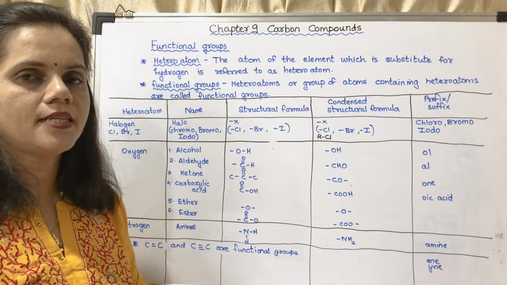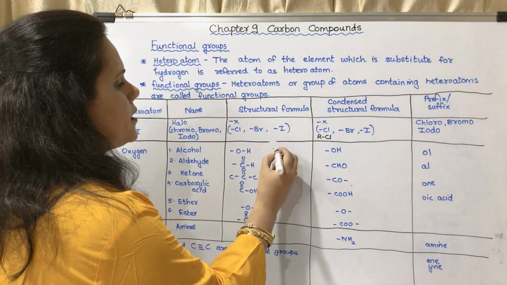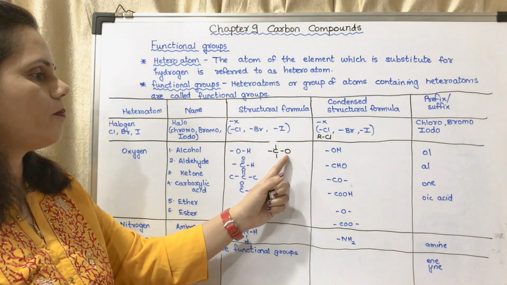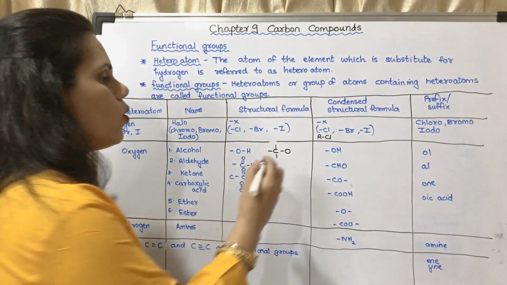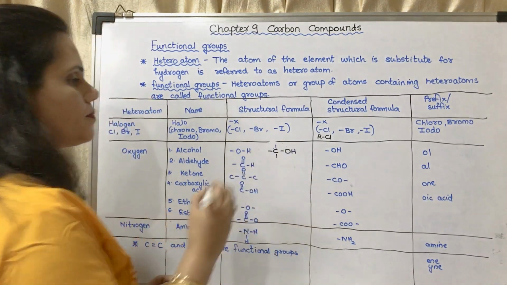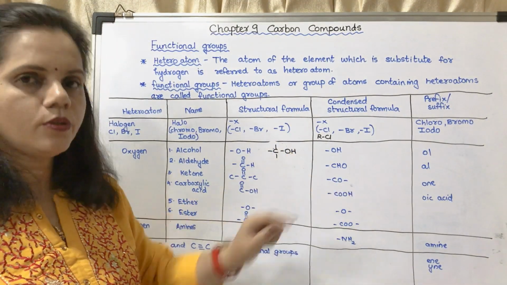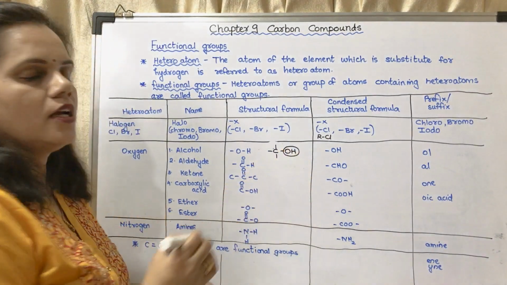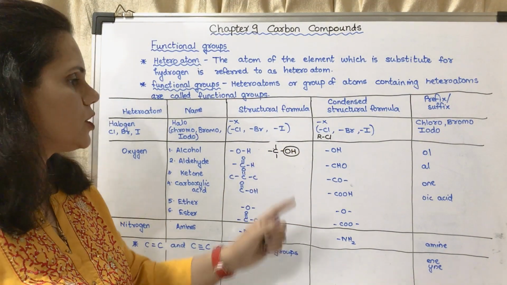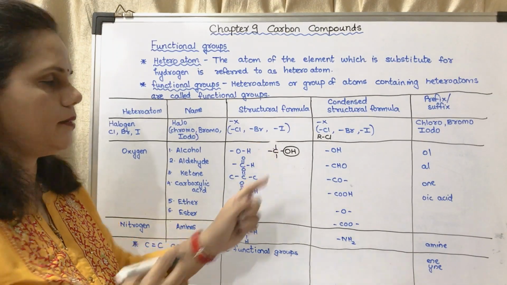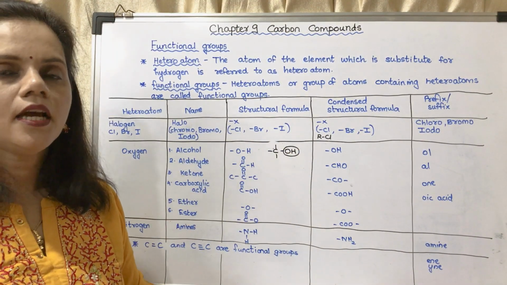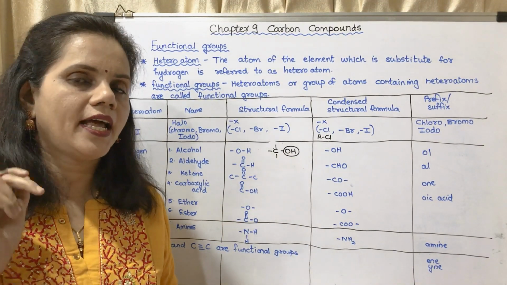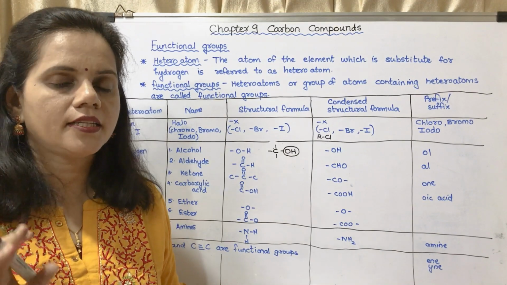Next heteroatom, that is oxygen. That means this is a carbon. On one side it is having OH. Understood? That O is connected to H. So the functional group is OH, and this is the carbon atom. It could have many C, or this OH could be anywhere on the 4 lines which we had drawn in the structure.